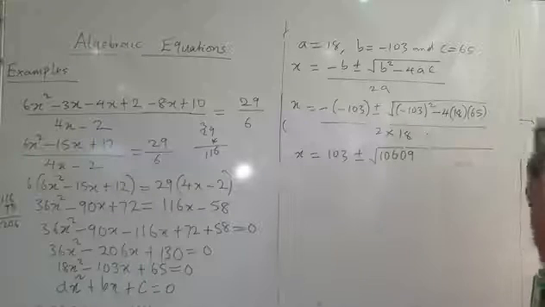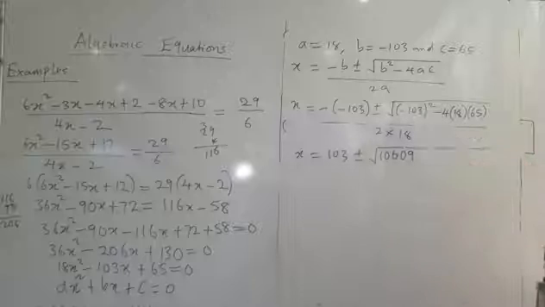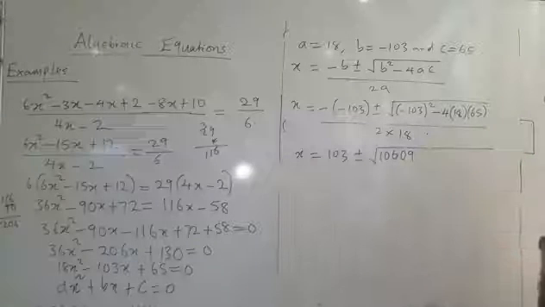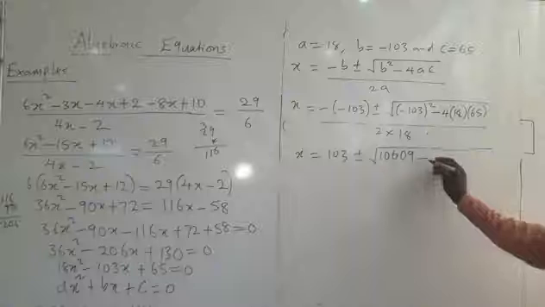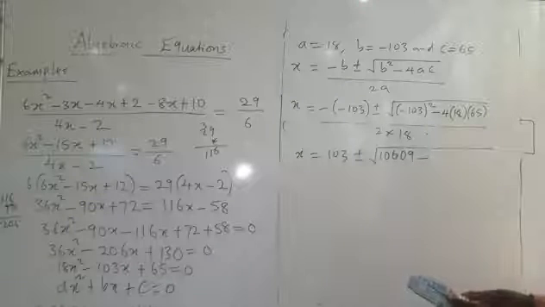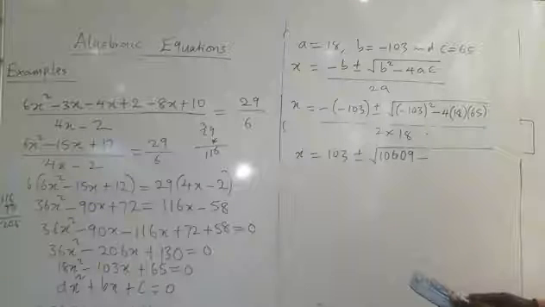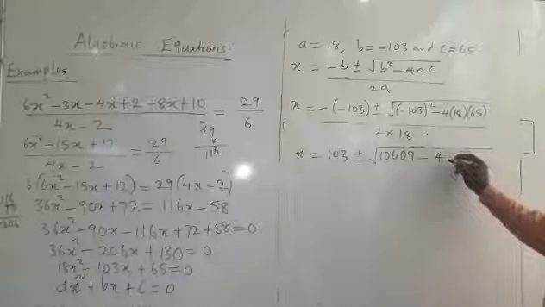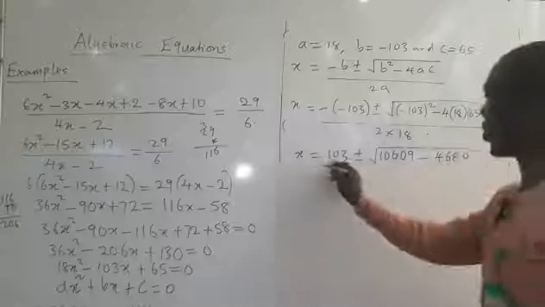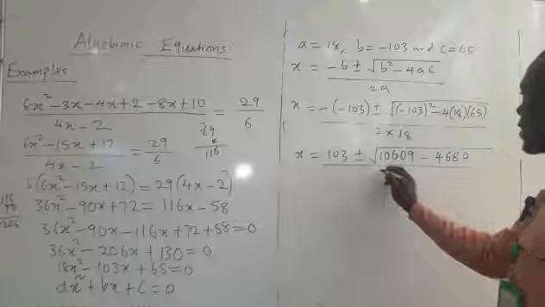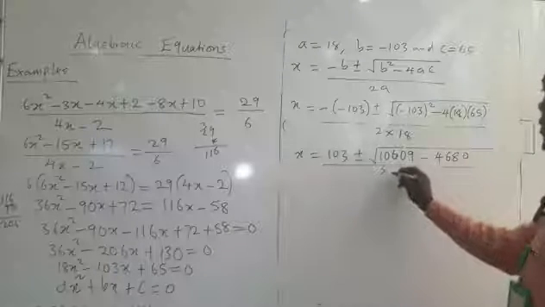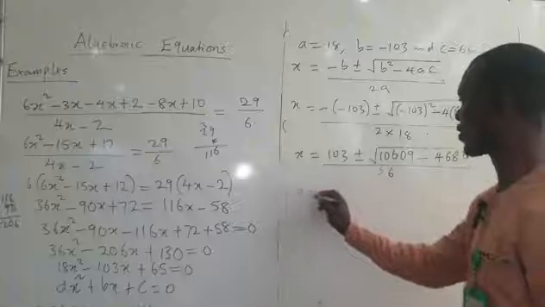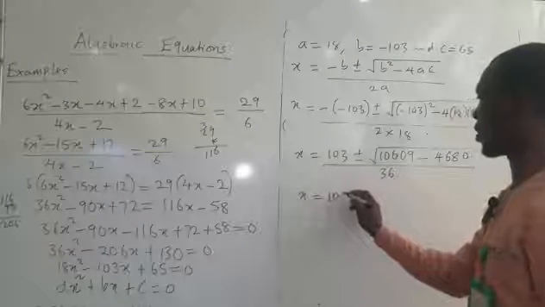Then minus 4 times 18 times 65 equals 4,680. Then all over 36. Then we now have x to be equal to 103